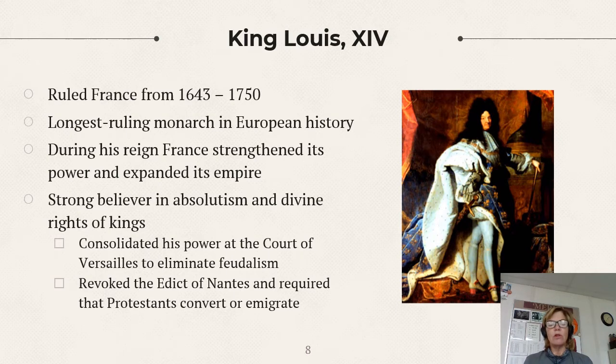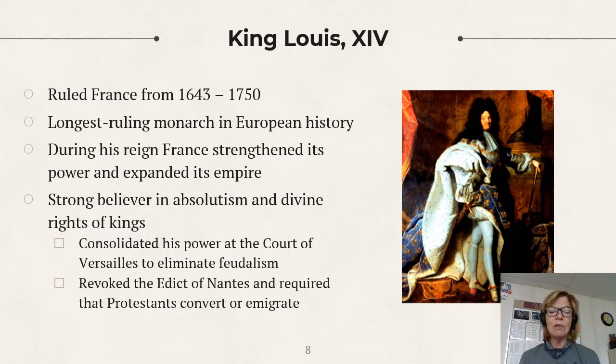But then there's Louis XIV. He comes in. He looks pretty snazzy, right? He moved the royal court to Versailles. It started out as a hunting palace, and it just grew to this elaborate castle. And at Versailles, this is where he held court, and people competed to win over his favor, to have an audience with the king. That kind of elevated your status. Sometimes you were in, sometimes you were out. He did this in an effort to get rid of the nobility. He didn't like feudalism because he didn't want to answer to anybody else but him, right?